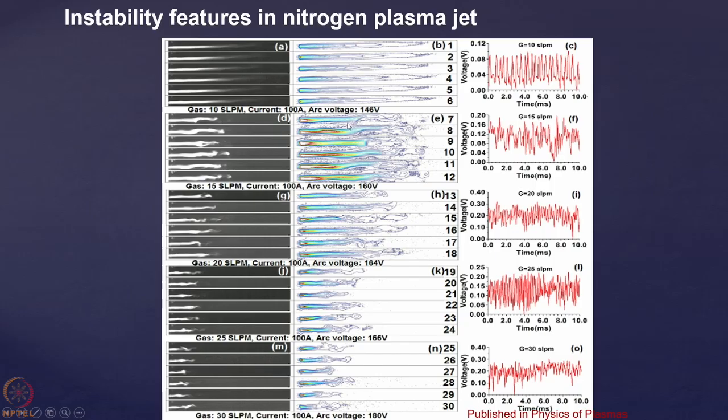And the thing to note is the behavior of the plasma jet in the physical space. What you are seeing here, you see that the moment I increase from 10 to 15 liter per minute, the length of the jet increases quite a bit, like this one you are seeing here. Now it has started showing various kinds of features, like the one feature I was telling you about earlier, that it is as if it is now obstructed at some particular point, at some particular distance, as if you have put a rigid object over here.